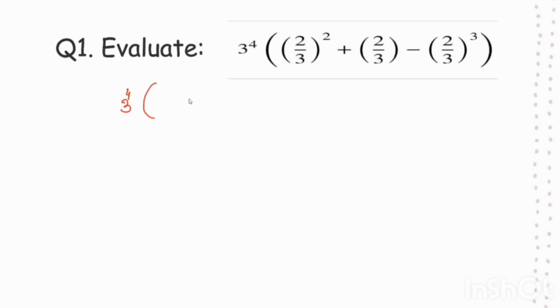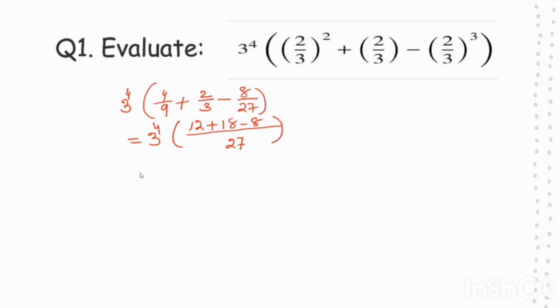Now, 2 by 3 whole square is equal to 4 by 9, plus 2 by 3, minus 2 cube is 8 and 3 cube is 27. That's equal to 3 raised to the power 4, and we have to add all these three fractions. 27 is the LCM. Now 3 9s are 27, so 4 3s are 12, plus 3 9s are 27, 2 9s are 18, minus 8. Now that is equal to 3 raised to the power 4 into 12 plus 18 minus 8, that's equal to